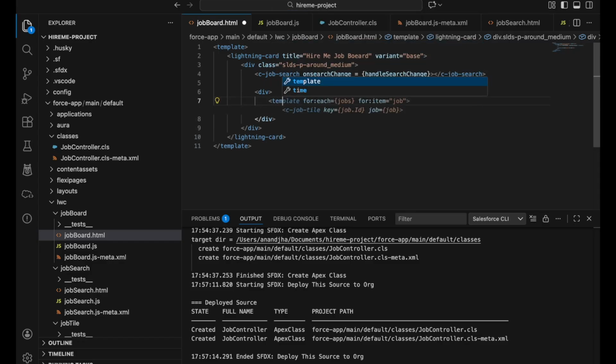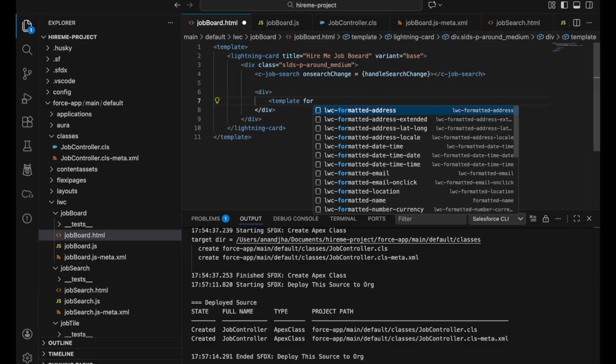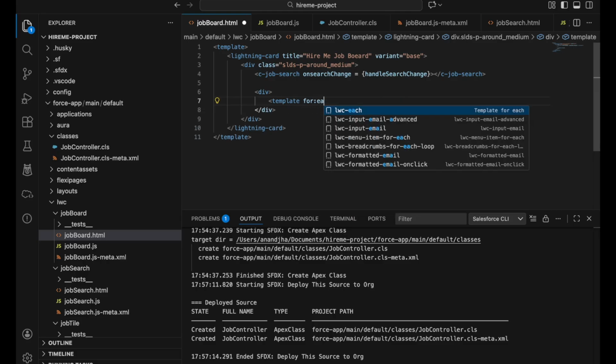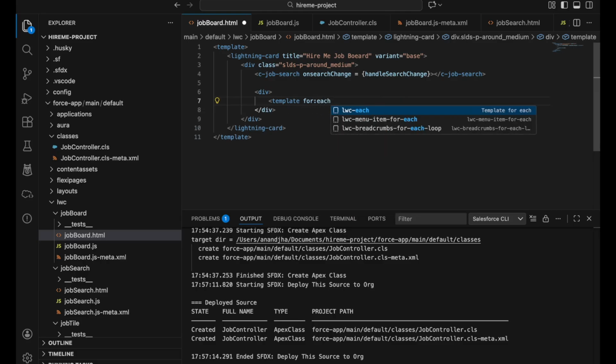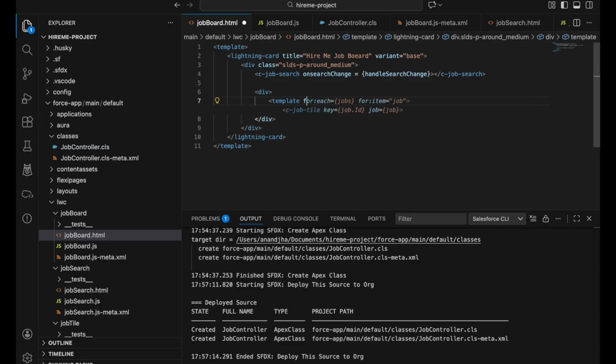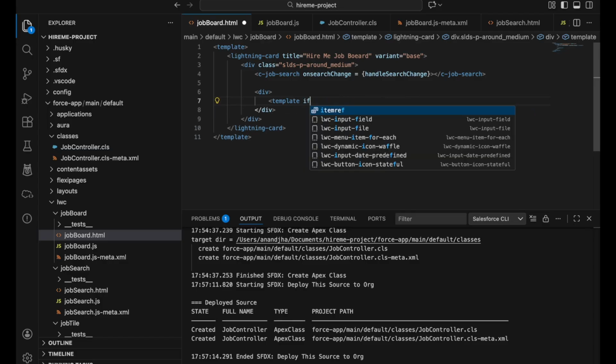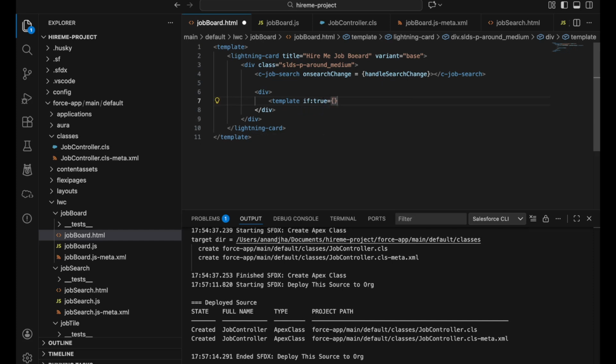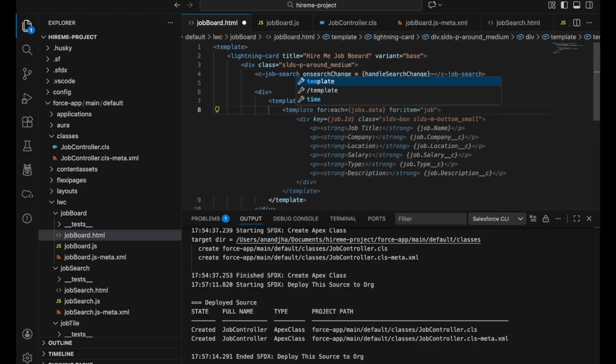For each we can use, where we can iterate over, or before iterating over, let's say if:true. Template if:true, we have jobs.data. And then we will close this template,